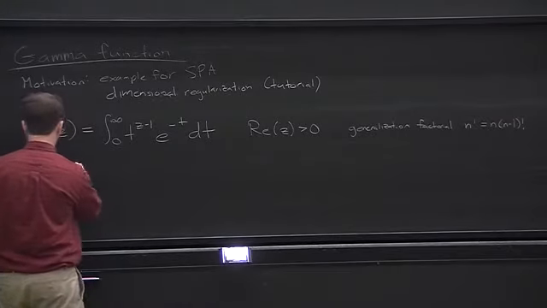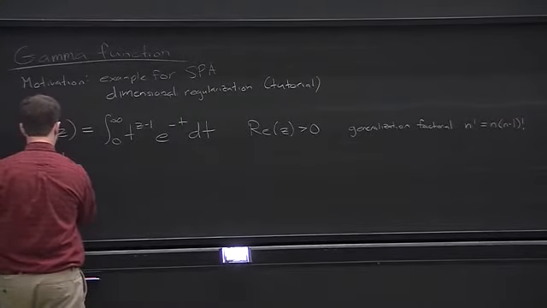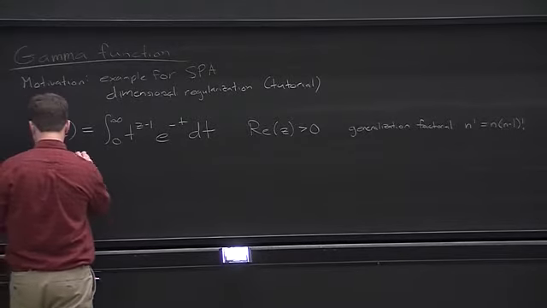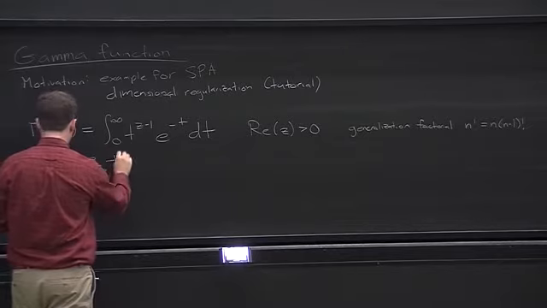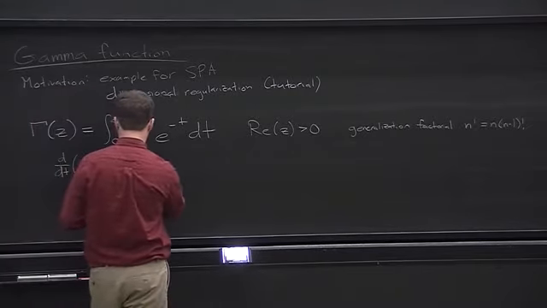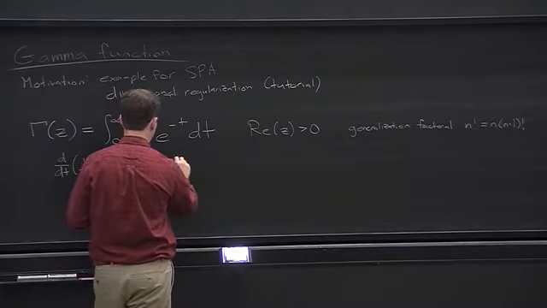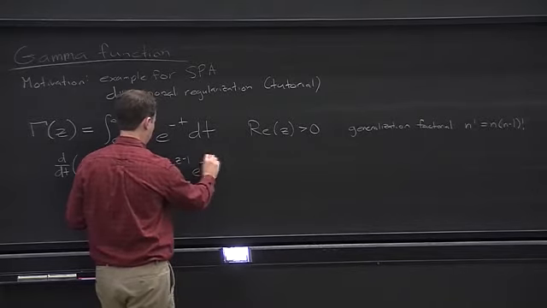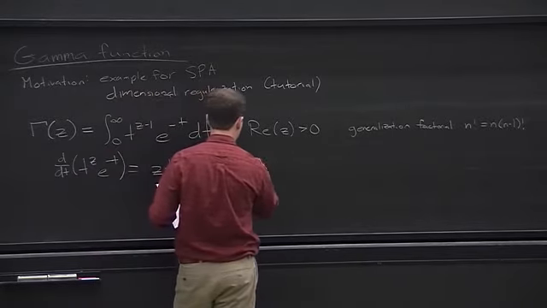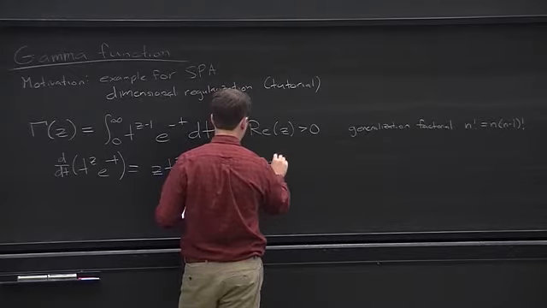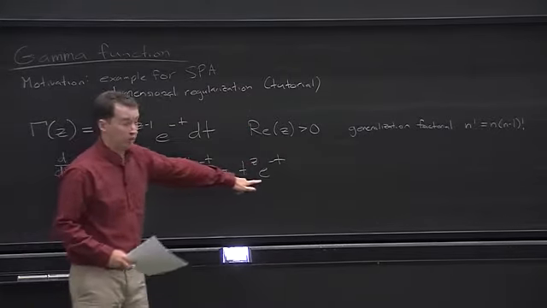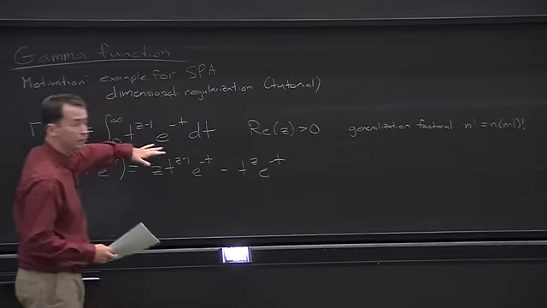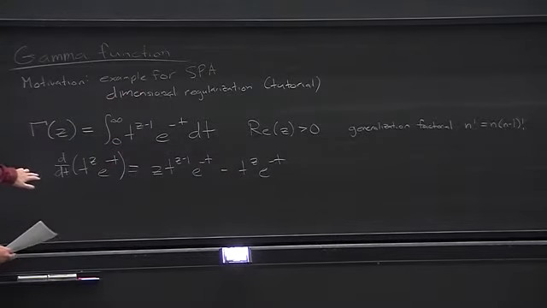To see that, note that the derivative of t to the z, e to the minus t, is z t to the z minus 1, e to the minus t, minus t to the z, e to the minus t. And each of these factors looks like the integrand of the gamma function. So if we integrate this equation, we can